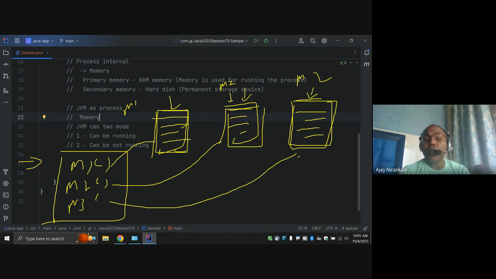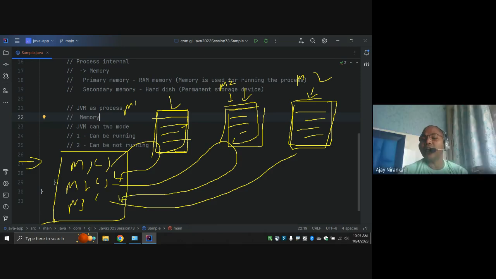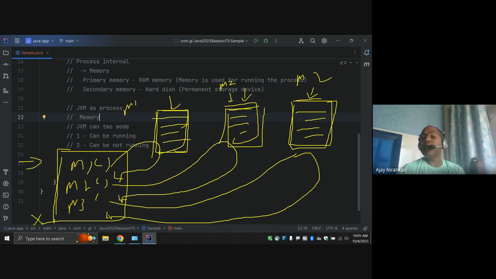So this is known as a single sequence execution of your program. Isn't it called single thread or something? Yeah, single threaded application, right? Oh, single thread. Got it. That's it. This is the single threaded application. Once all your methods are done, you can say my application is also completed.